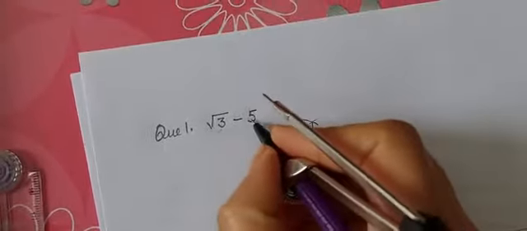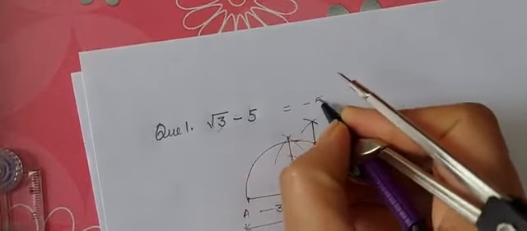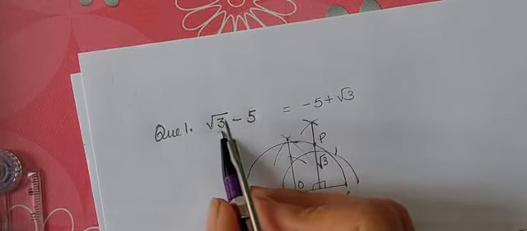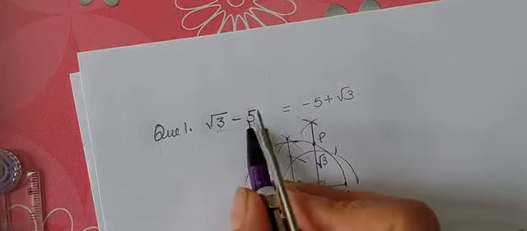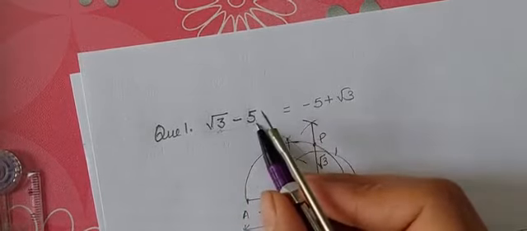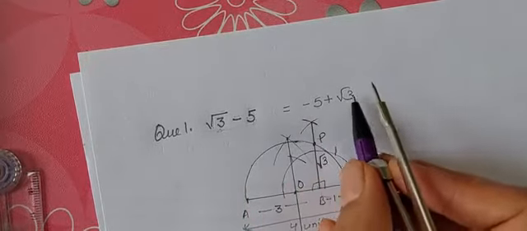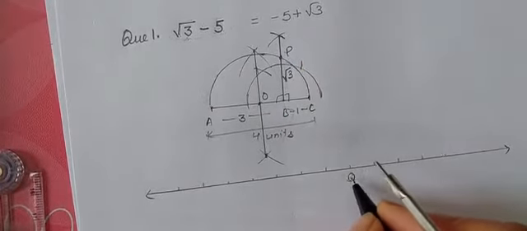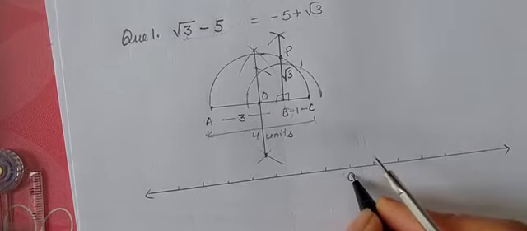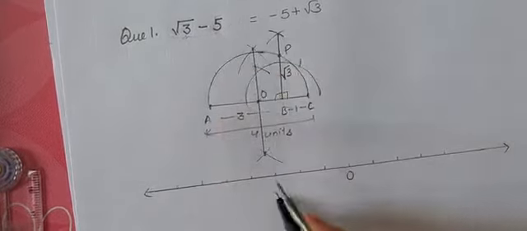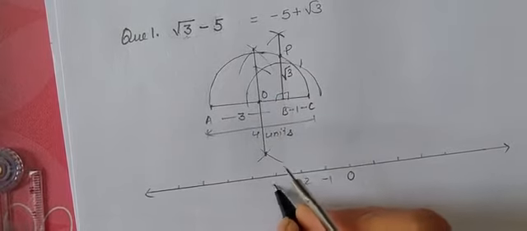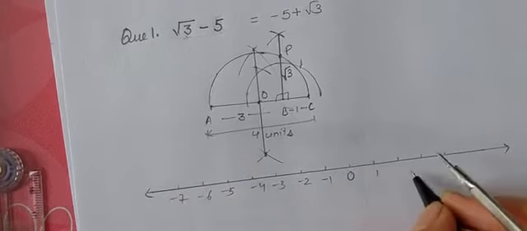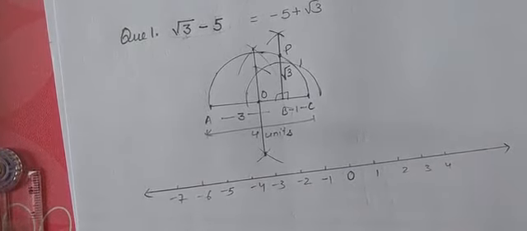So this root 3 minus 5 is actually equal to minus 5 plus root 3. So it's up to you whether you want to select root 3 first on number line and then subtract 5, or you can go 5 units back from 0 and then take root 3 unit step. So that's why I chose 0 here, because I just want to secure 5 digits behind 0. So it's minus 1, minus 2, minus 3, minus 4, minus 5, minus 6, minus 7, and it is 1, 2, 3, 4, and so on. This is my number line.